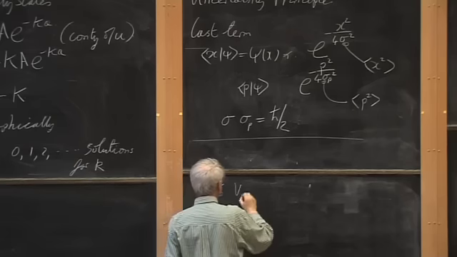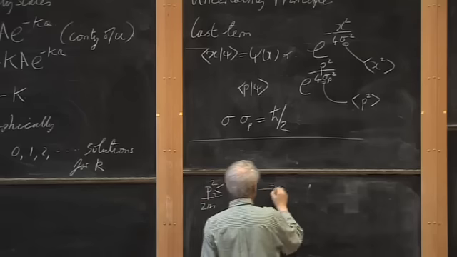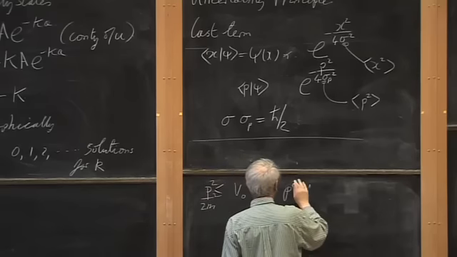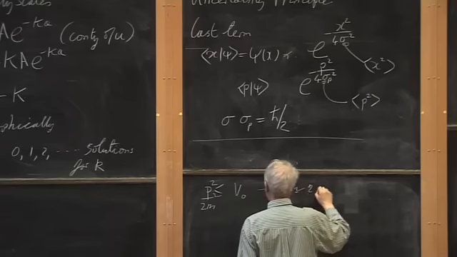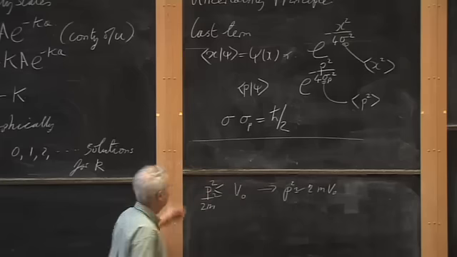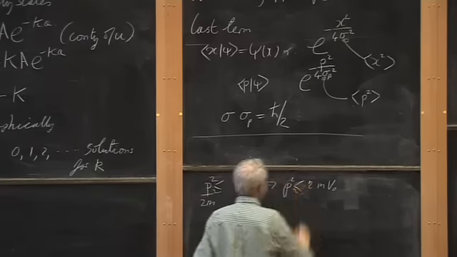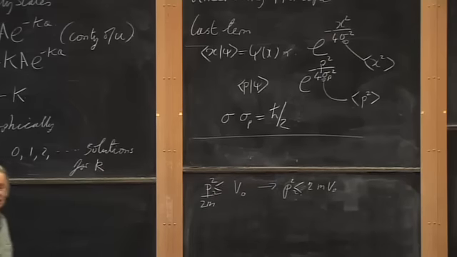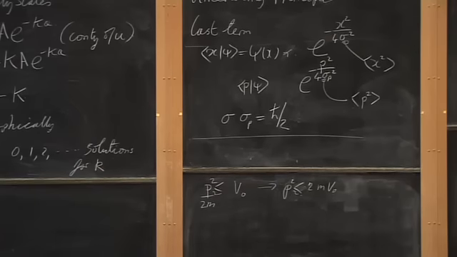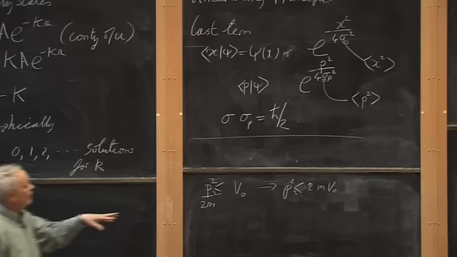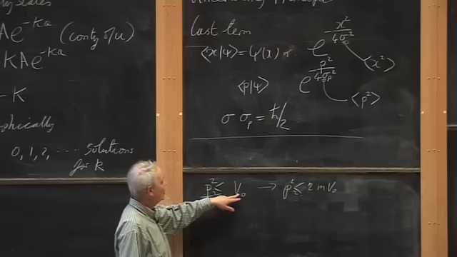So it's less than V0. So what we can say is that P squared is less than 2m V0. Sorry, that's meant to be a less than. Seems reasonable, doesn't it? The particle can't have any more kinetic energy than the energy it requires to escape, because